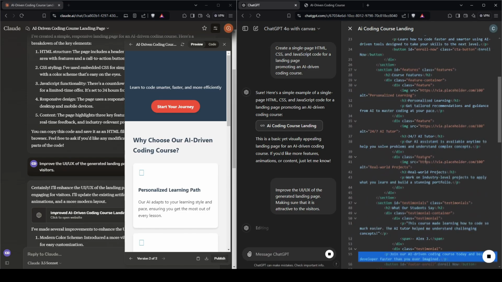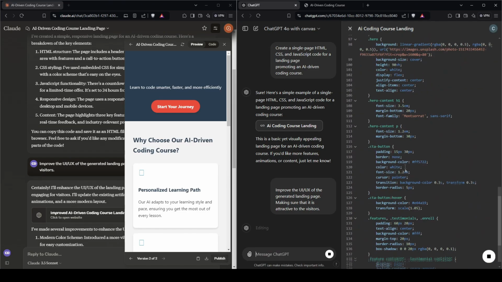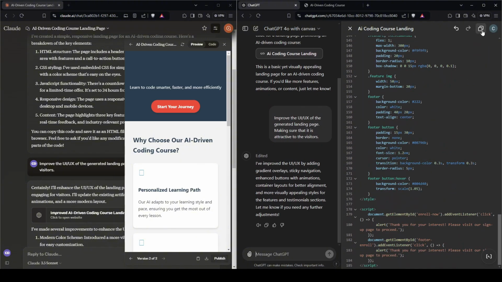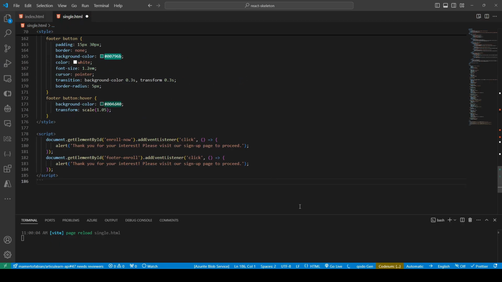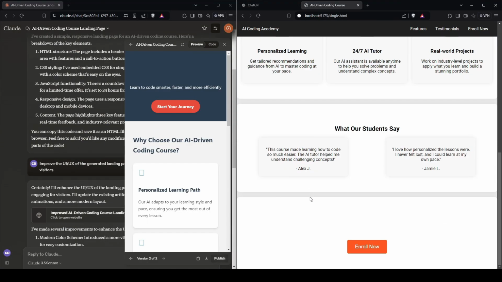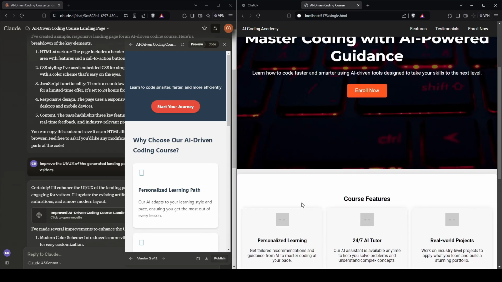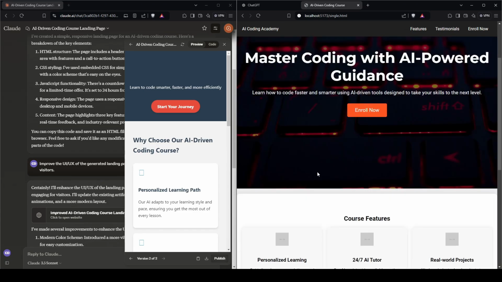Of course, since ChatGPT Canvas doesn't have a way to preview the changes, we have to copy it. Now it's done, we can copy it and paste it into the page that we have there. Let's see what will happen. Okay, so it did some adjustments, especially the background opacity there. I remember before it was a bit transparent, now it's a bit dark, which is nice. It created an improved version of the landing page.